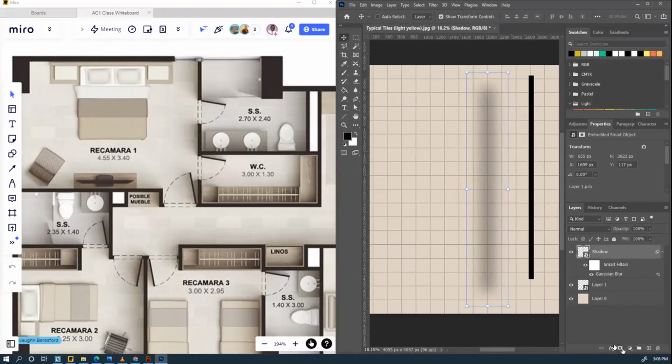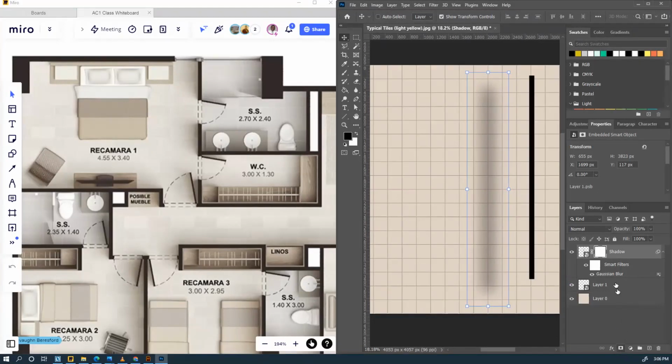So I will try adding a mask so that I can do some basic masking, and